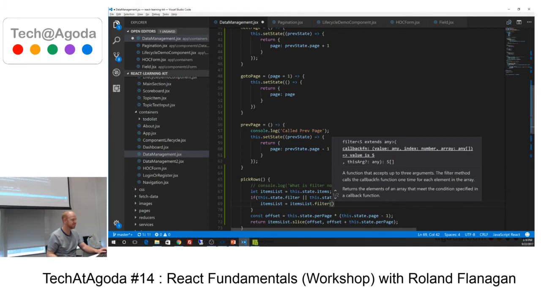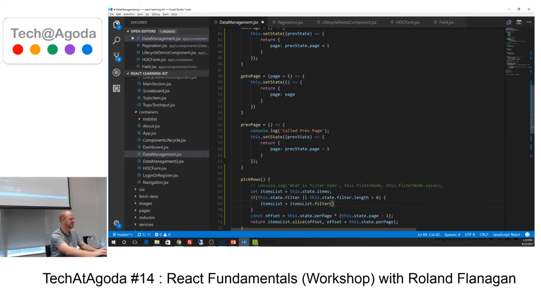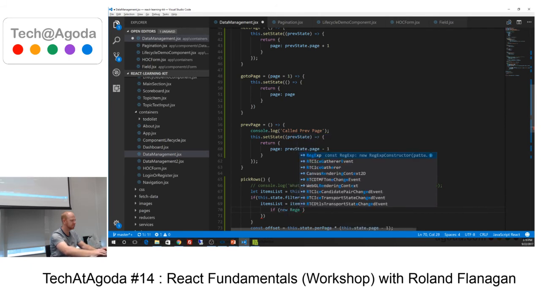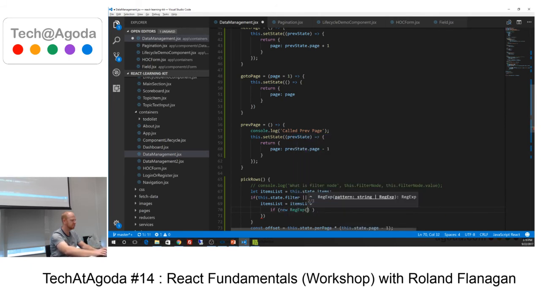Oh, I've got to remember how to do this. Filter syntax. We can do a little bit of regex here to make it a bit nice. So the only way it will be included is if it matches our filter state. So we need to add our filter, make it case insensitive, global just for the sake, and we'll test it